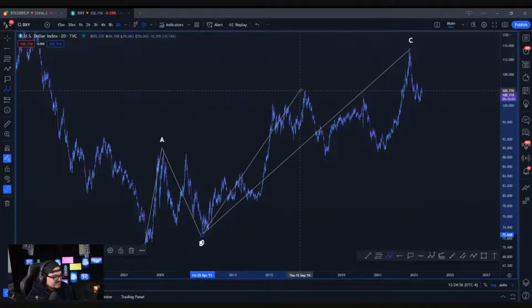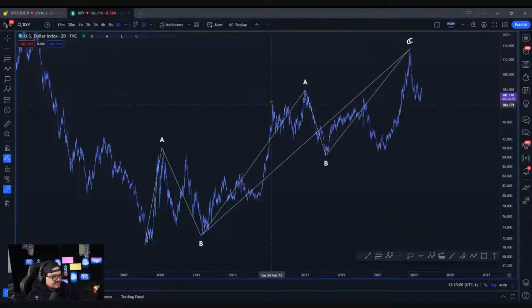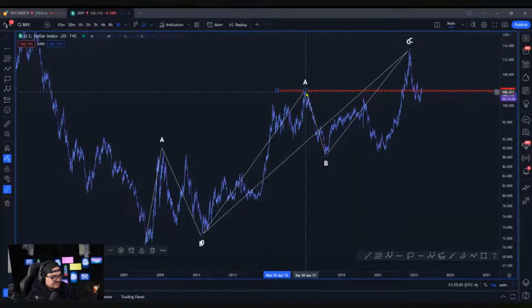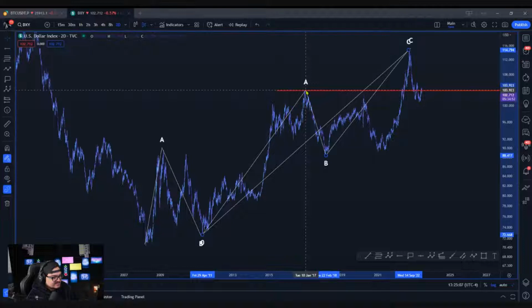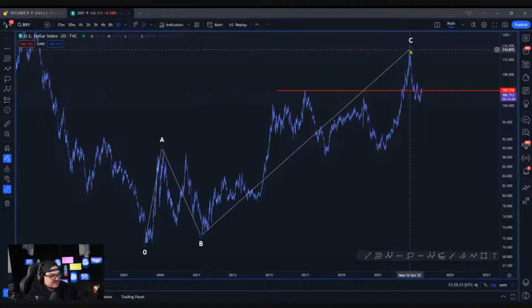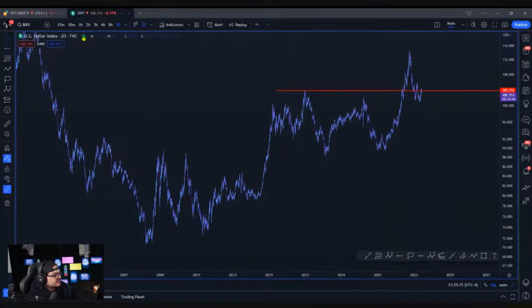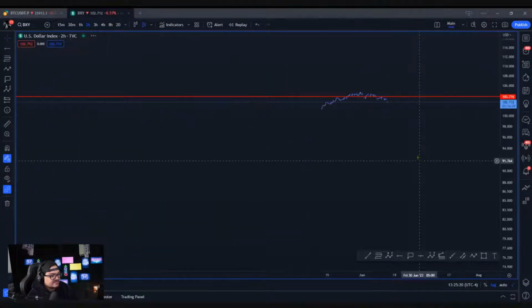With an ABC within the C. So for me, the previous top here from about 2017 is going to be our bearish pivot. I'm just going to clear this up so my chart doesn't get too cluttered. But if we clear this up and move to a smaller time frame,